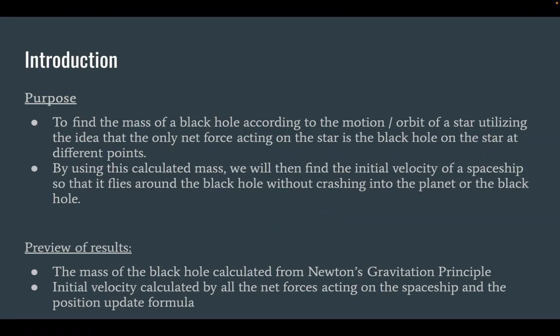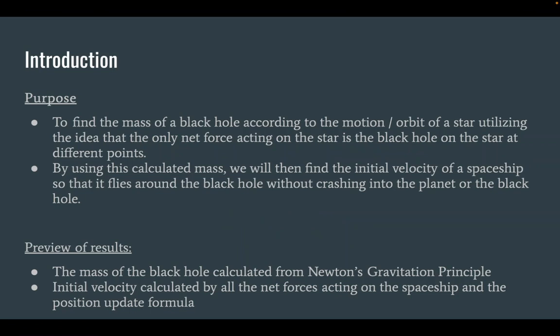So the purpose of this is to find the mass of a black hole according to the motion and orbit of a star, utilizing the idea that the only net force acting on a star is a black hole. By using this calculated mass, we will then find the initial velocity of a spaceship so that it flies around the black hole without crashing. As a preview of results, we're first finding the mass of the black hole,